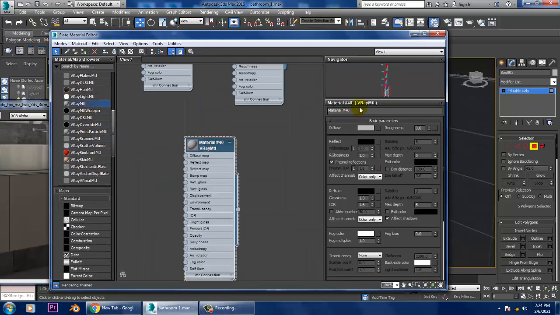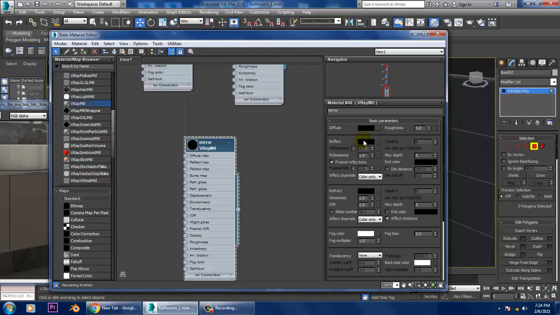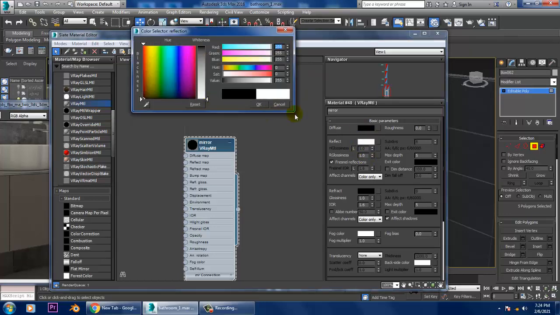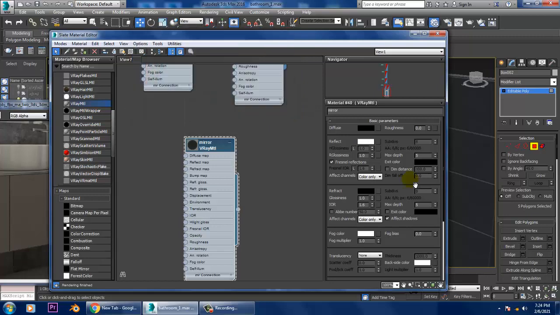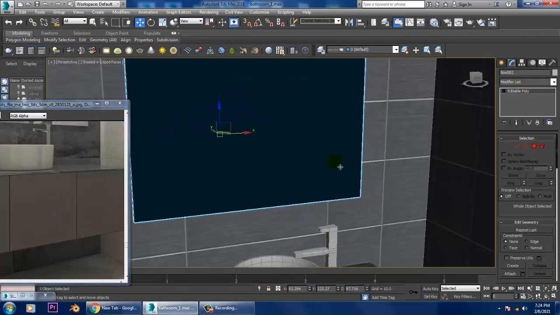For a mirror, what we need to do over here is set the diffuse as total black. Let's give a full reflection, and after that deactivate this Fresnel reflections, and now you will see that that's your mirror, it's created.